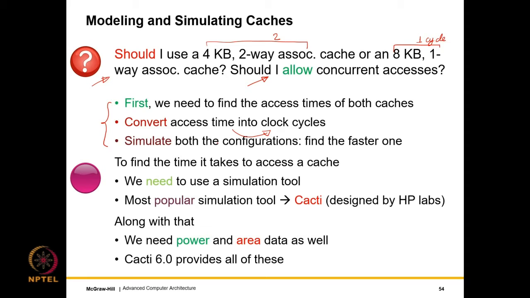So the Cacti tool, which was designed by HP Labs, is very popular. It used to have a web interface at least till 2 years ago, but now the tool is freely downloadable. It can be downloaded and modified. It will tell us the access time, the timing, power and area. Essentially it gives 3 statistics, and the latest version will also give leakage power. In chapter 11 we will discuss what leakage power is. But for the time being, let us say that it is the static power dissipation, which is the power consumed even though there is no active access.